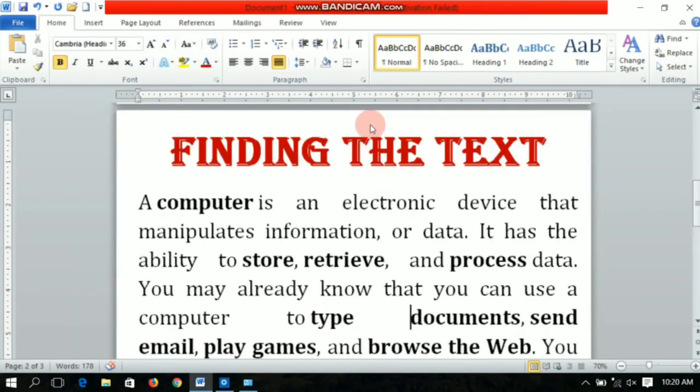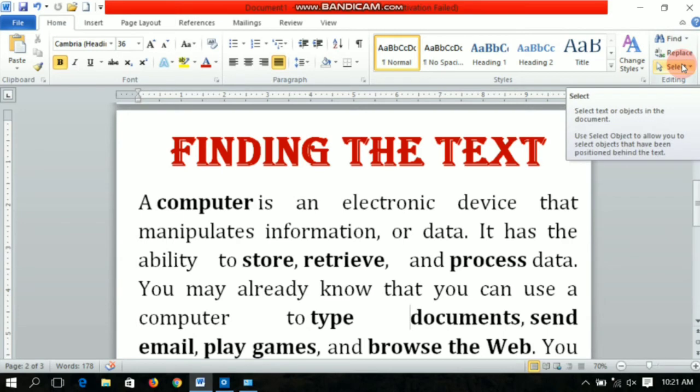Next one is finding text. To find any word in the current document, you can use the Find button. This will help you find that particular word or text in the document. You don't have to search by looking through the whole document. You just click on the Find button. See, here in the editing group there are three options: find, replace and select.